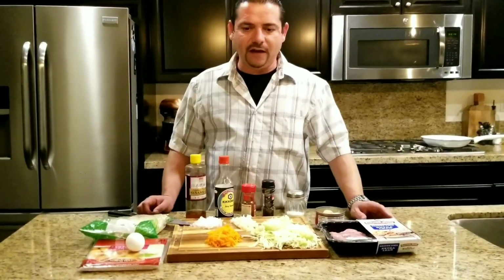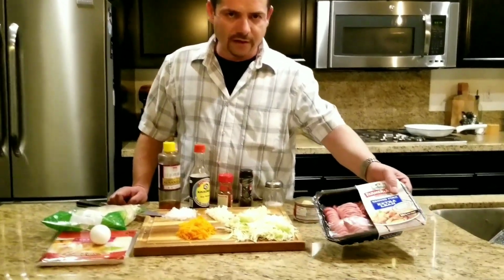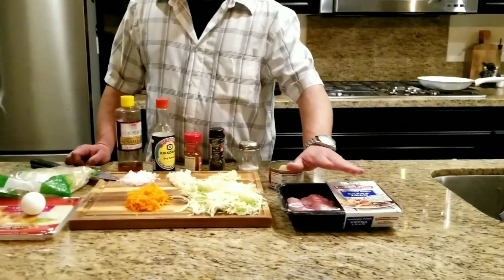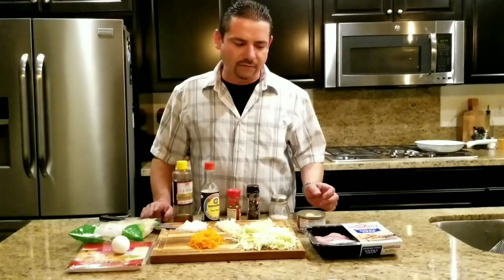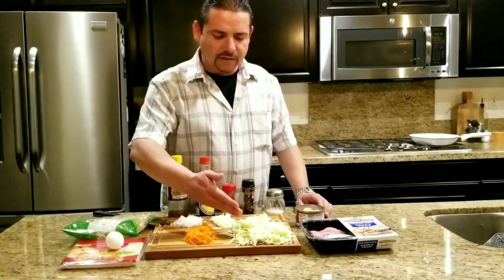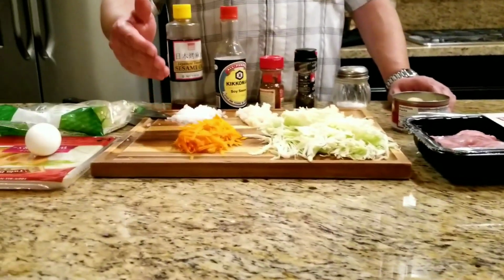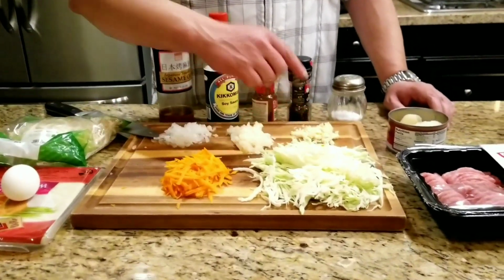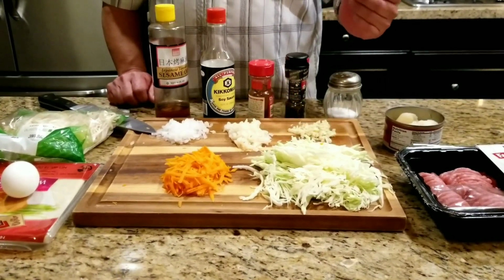So in front of me I have the ingredients. What you need is ground pork, not ground sausage, ground pork. Don't make the mistake of getting like a ground pork breakfast sausage, that's not what you want. We have some finely shredded cabbage, some finely shredded carrots, some finely chopped garlic, some finely chopped water chestnuts, and